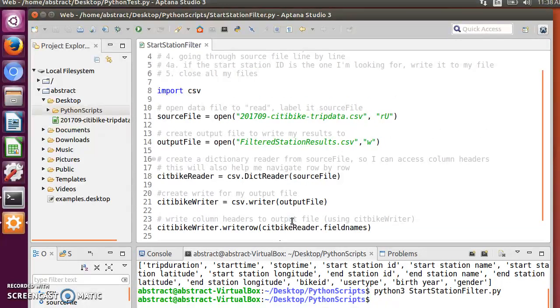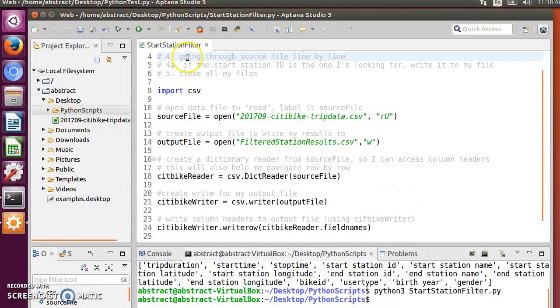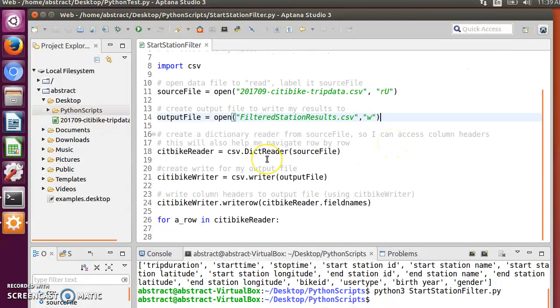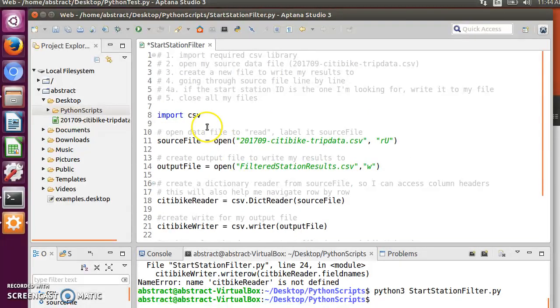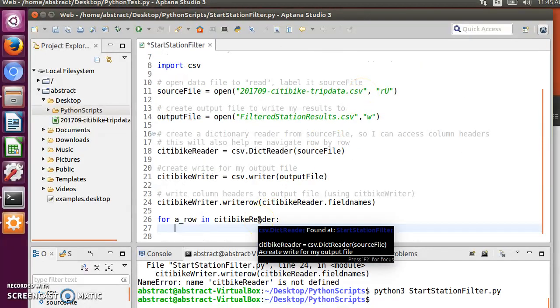So in a sense, I've basically completed what I wanted to here, which is going through the source file line by line, but now I need to say, okay, if the start station ID is the one that I'm looking for, I need to check and see what the start station ID is in each row. Okay, so now that I'm going through row by row, I need to do the next thing, which is, if the start station ID is the one I'm looking for, write it to my file. So I'm going to say, okay, if